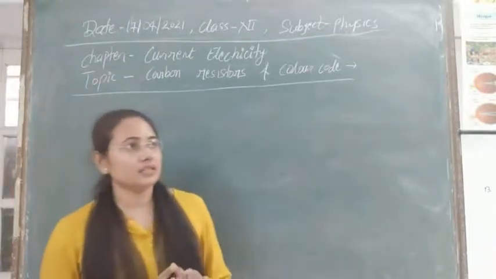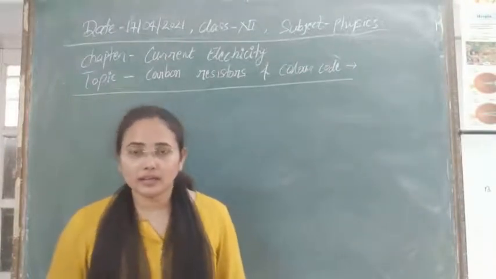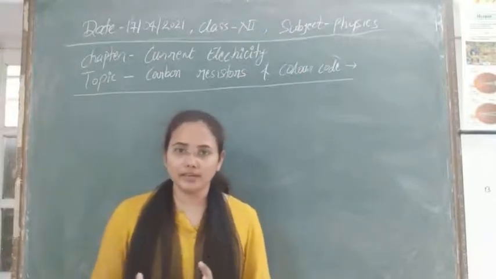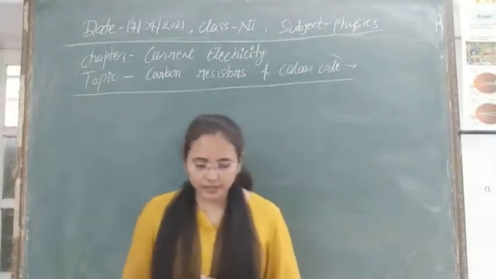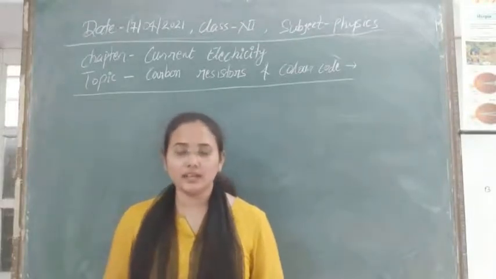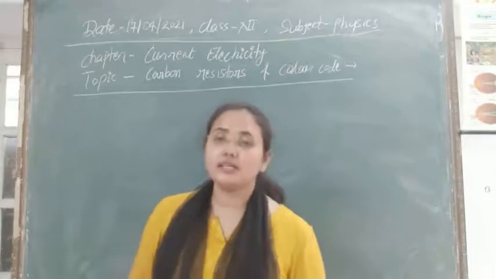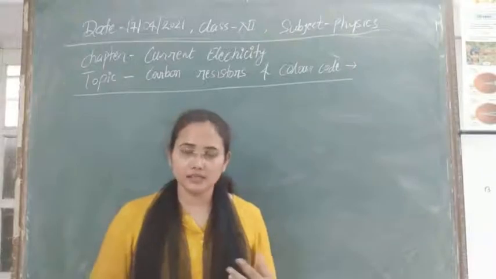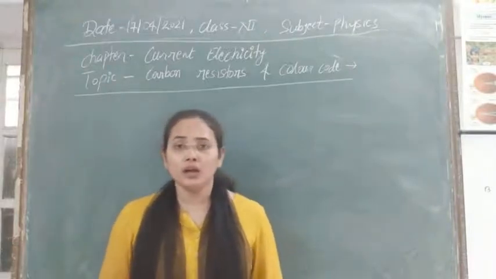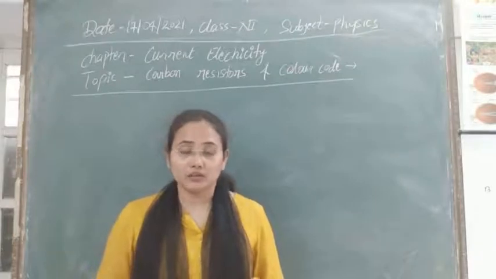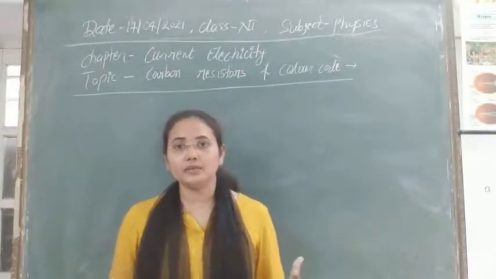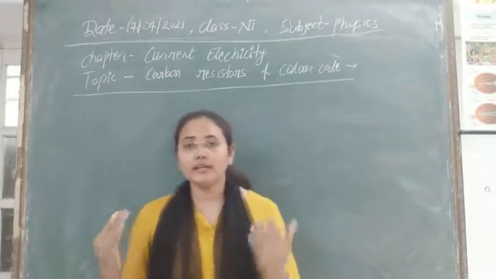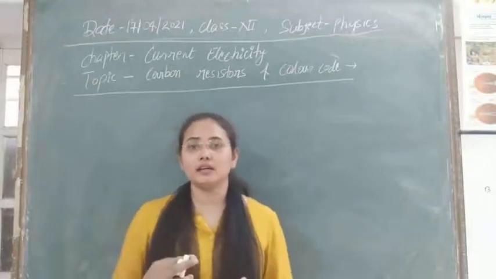Next, the second concept, we have color coding for resistors. The color code is used worldwide, and it indicates the resistance value of a carbon resistor and its percentage accuracy. Suppose we have made a carbon resistor, then how can we know its resistance? The reason is that, as I told you, its resistance varies from a few ohms to million ohms. So how can we detect of which value this resistance is?